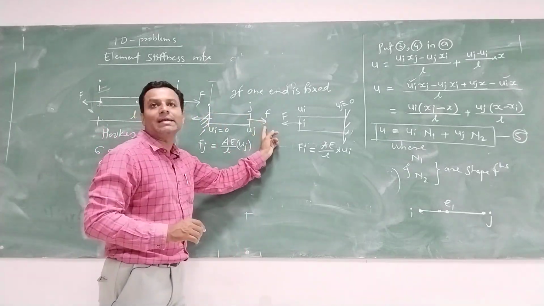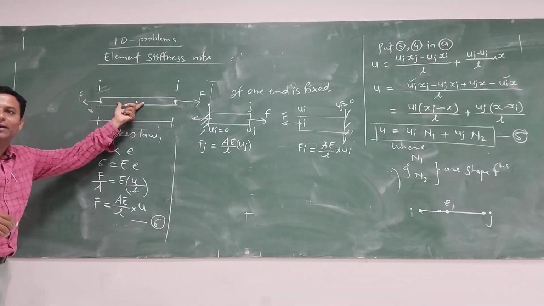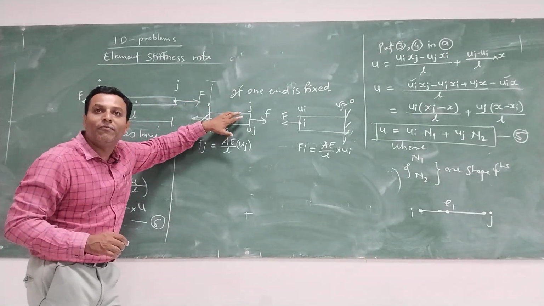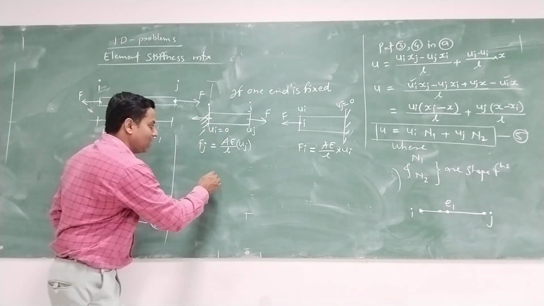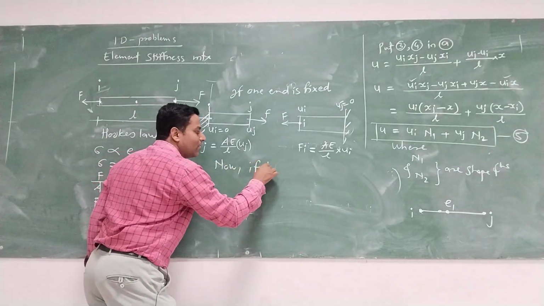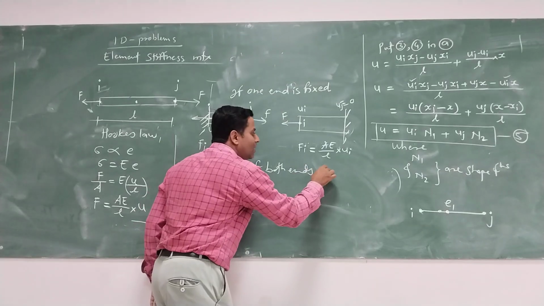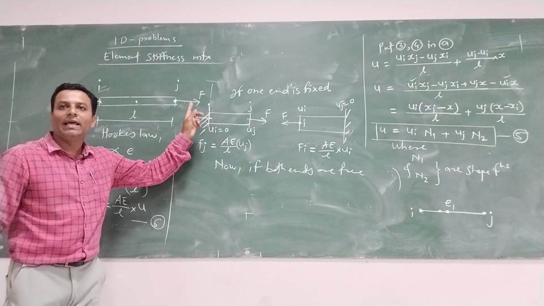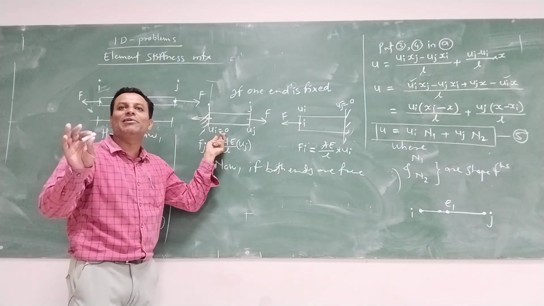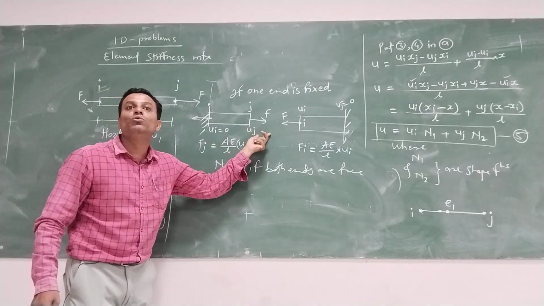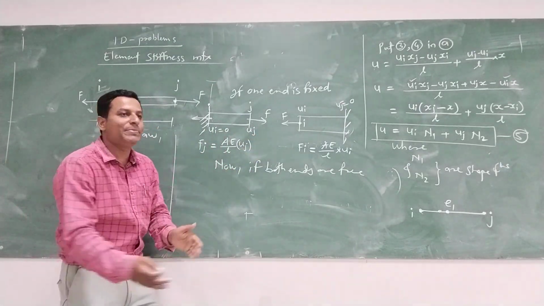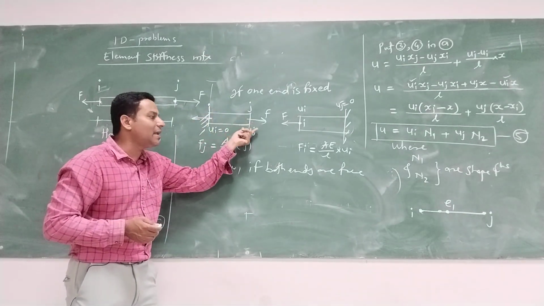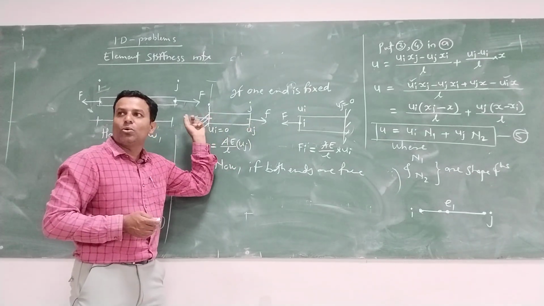Now, consider both the ends are free, because as in the numerical we have shown both the ends are free, but we have determined when one end is fixed. Now, if both ends are free, म्हणजे आता काय करायचं बाळांनो, we will have to release this one. हे रिलीज केलं की Ui is equal to काहीतरी किंमत Ui, and there is Uj. Now what will be the displacement of the whole element? If the displacement here is Ui and here it is Uj, then the total displacement will be,